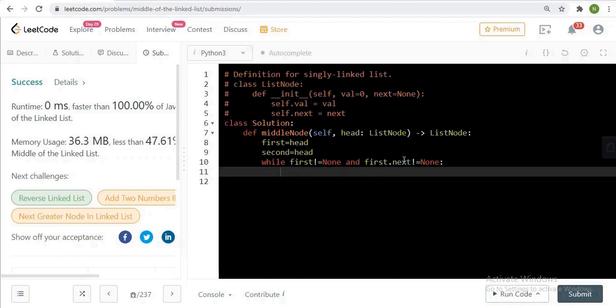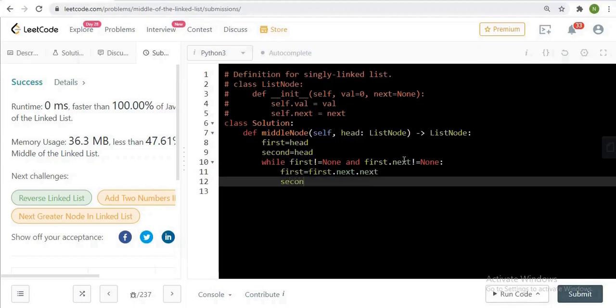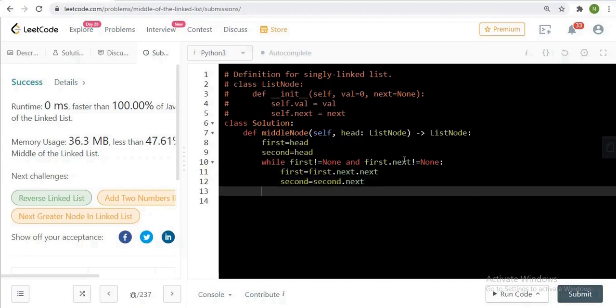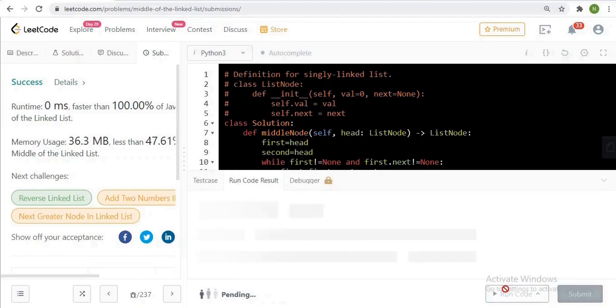Let's do it. First is equal to first.next.next, and second is equal to second.next, and after that we have to return second. Let's run this code, whether it is running or not.